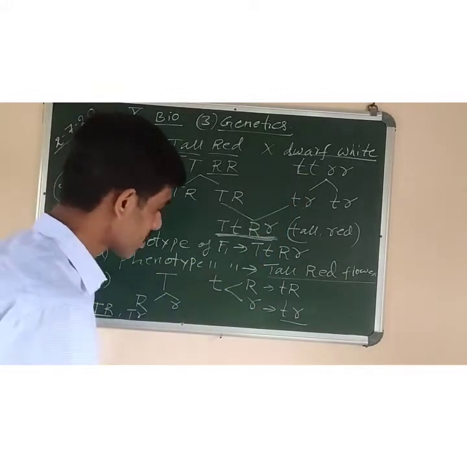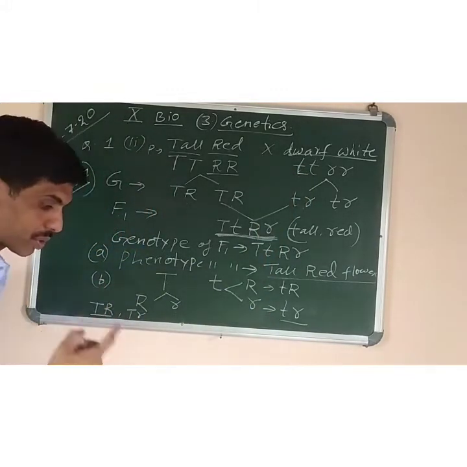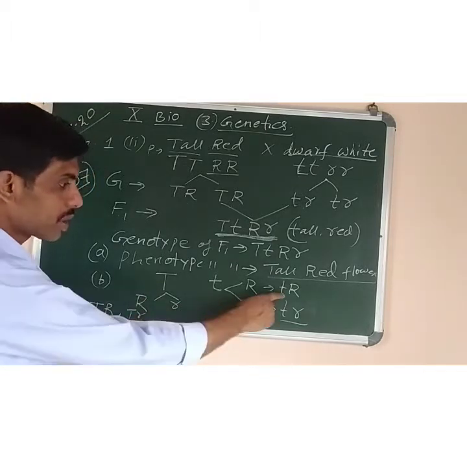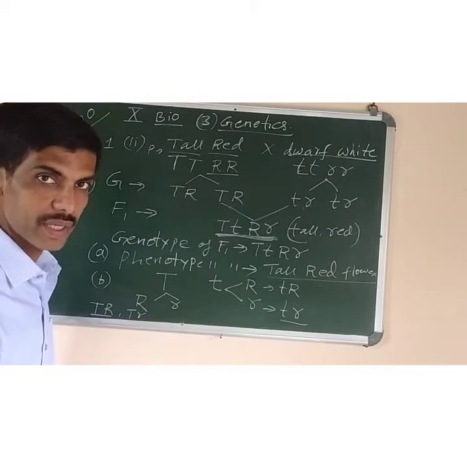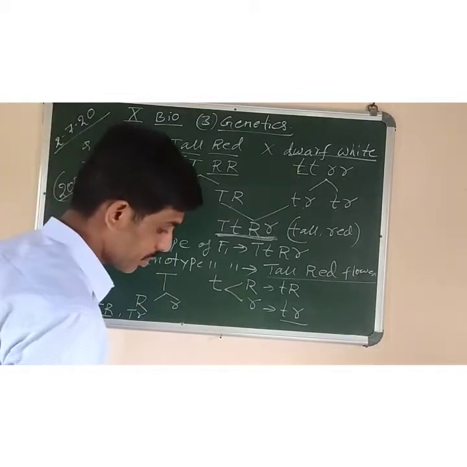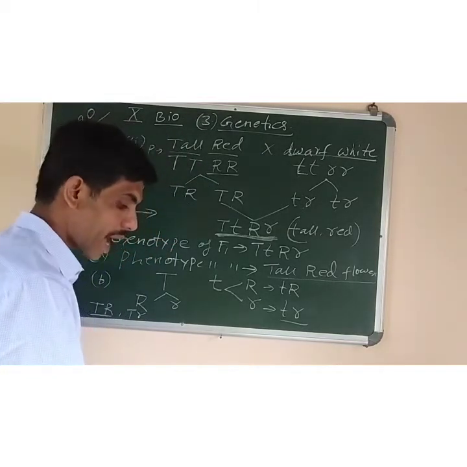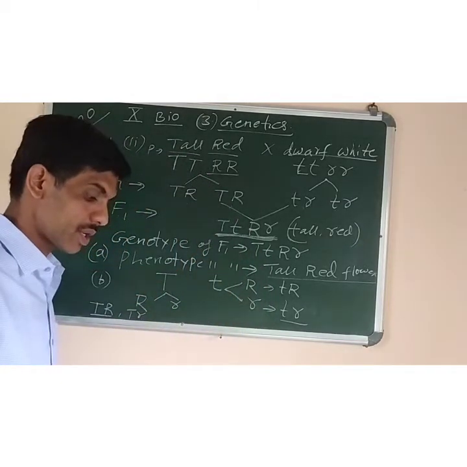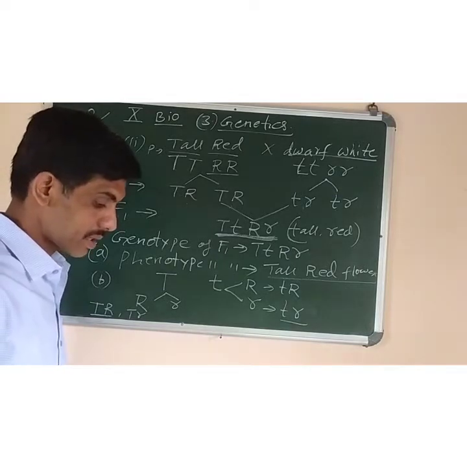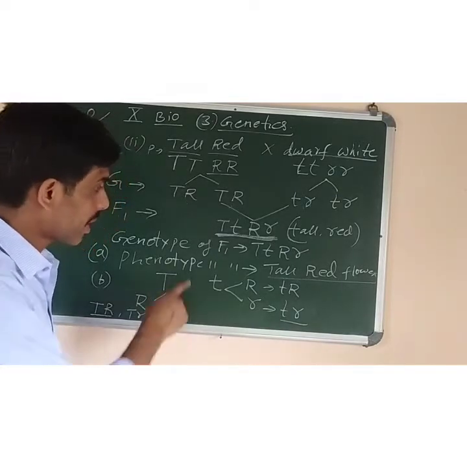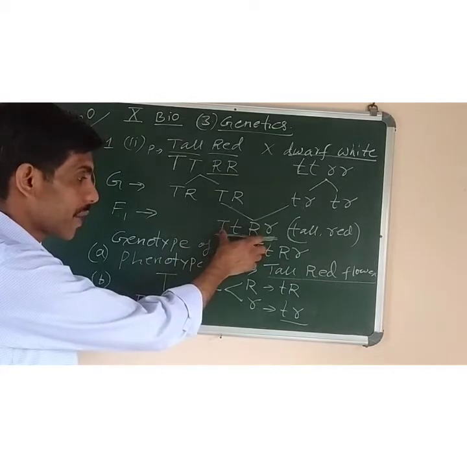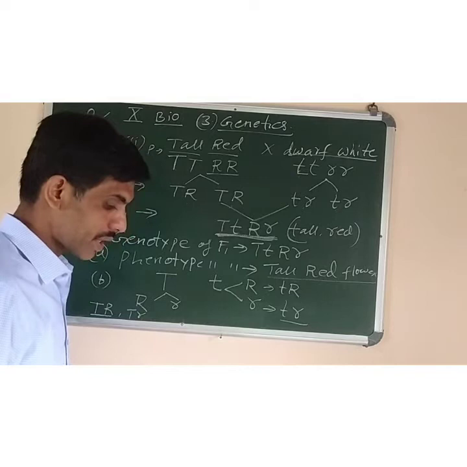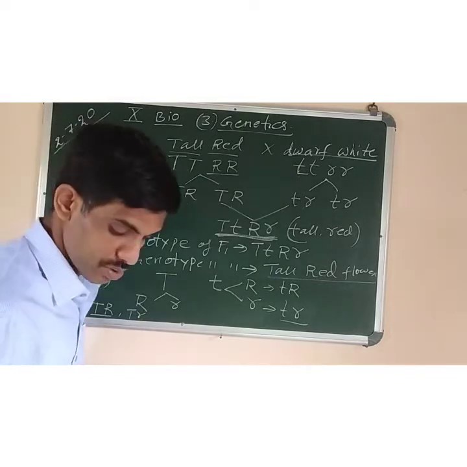Okay. So these are the answer of number B. The question was, give the possible combination of gametes. So 1, 2, 3, 4 possible combination of gametes is possible. Okay. Now the next question number C. Give the dihybrid ratio and the phenotype of the offsprings of F2 generation when the two plants of F1 generation above are crossed. Like if 2 plants of F1 generation are crossed, then what will be the genotype or the phenotypes? So I will just write this one.